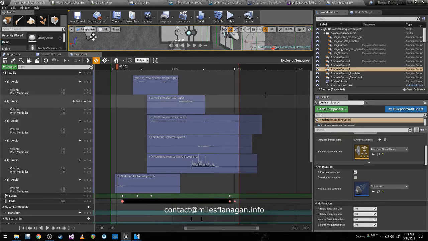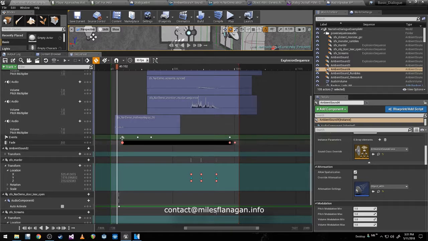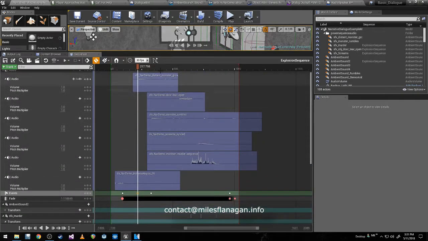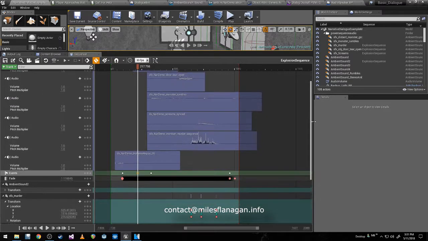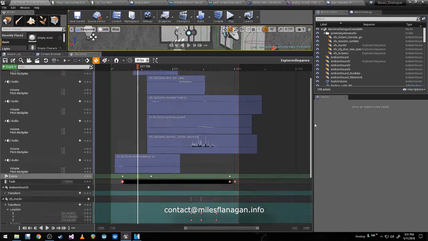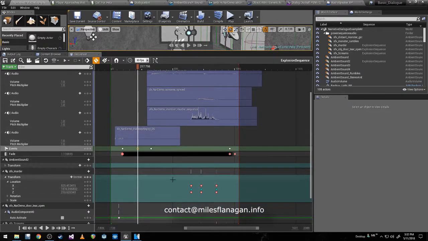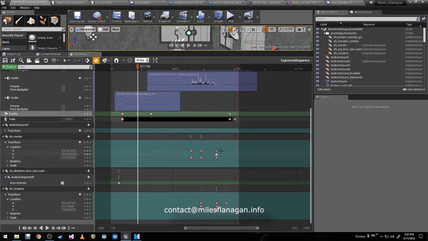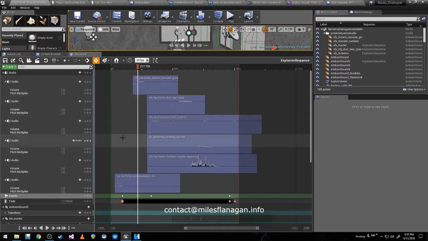So the way I did it, because I wanted the sounds to move around the room during the cutscene, I basically just posted events that go to the blueprint for the level that tell those things out in the environment to start playing their sound, and kind of hope it lines up. I put these audio files in here just to help sync everything up, so I can see visually that it is lining up. And then I also used these tracks down here to automate the transforms on the audio emitters for the ones that needed to move around, which is one way to do it, but not the best way.